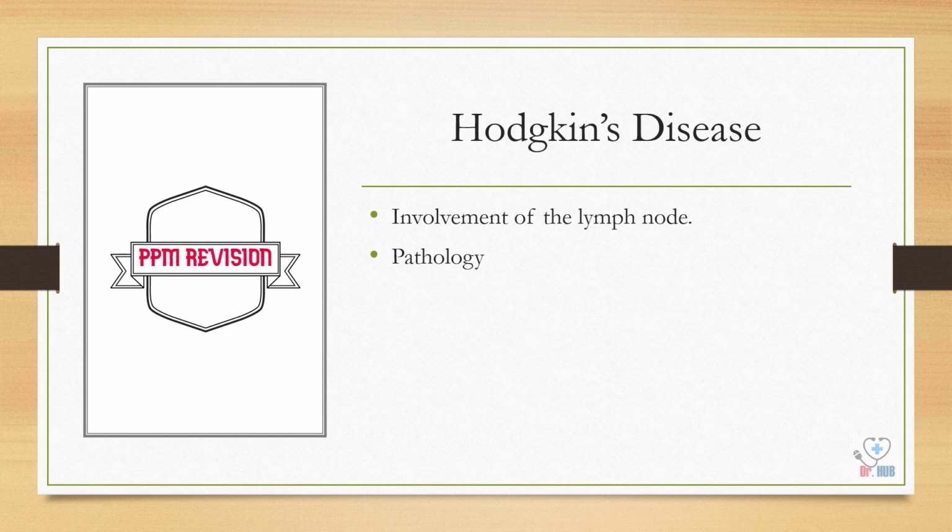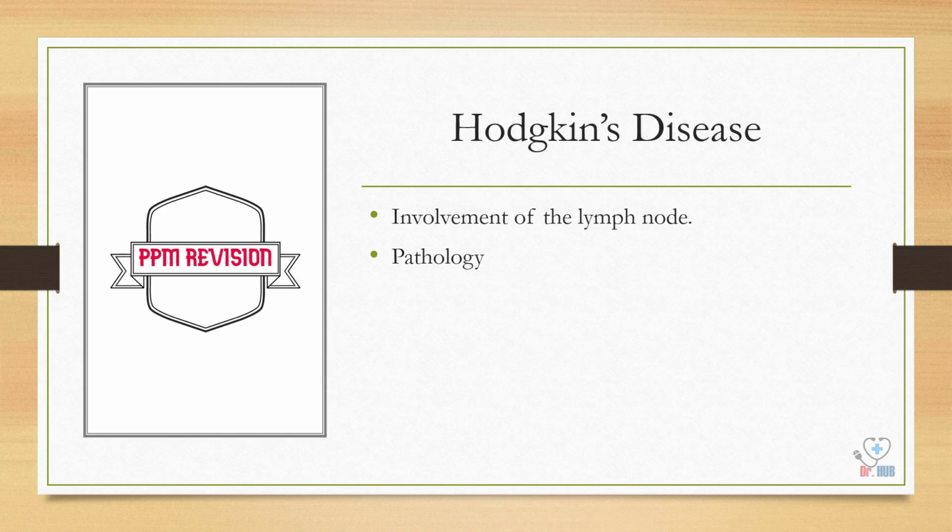Nodular sclerosis type is the frequent type of Hodgkin's disease, and here it is more common in women than in men. The characteristic feature under microscopy is bands of collagen, and occasionally the entire lymph node may be replaced by this